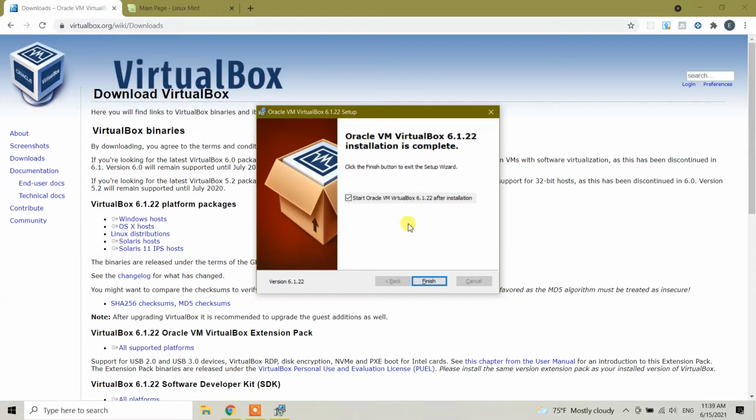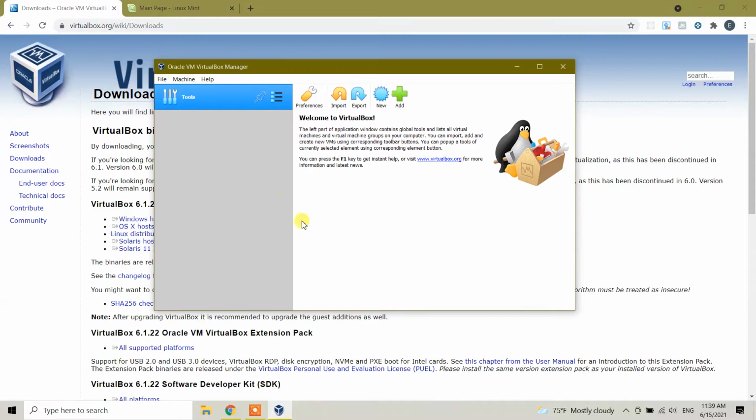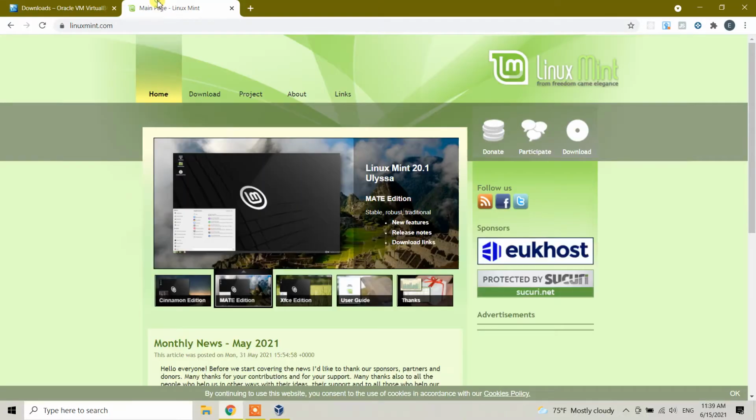So guys, the installation of VirtualBox has completed. Click finish, and now the VirtualBox software will be opened here. Yeah, this is the first step. And next step, go to